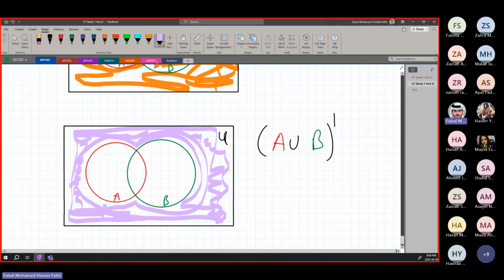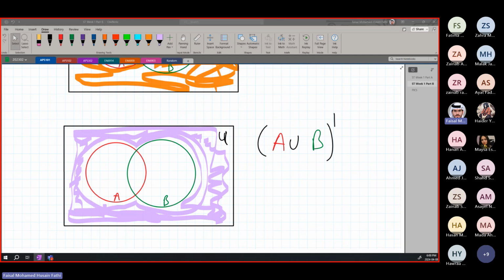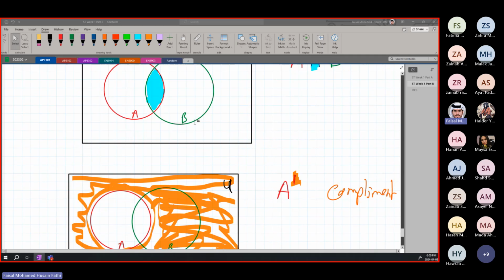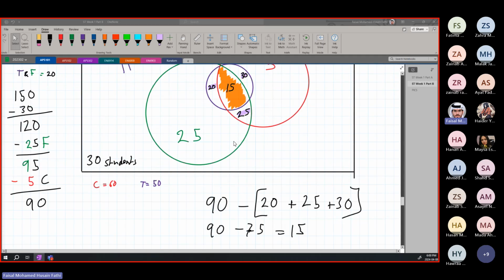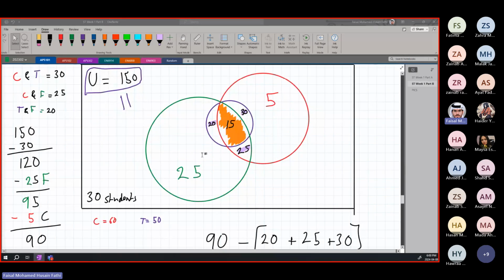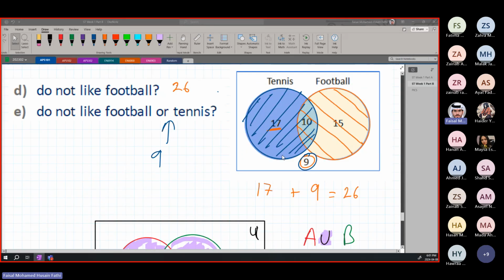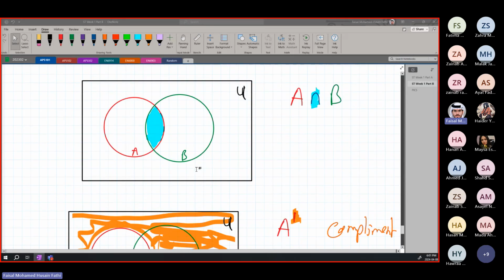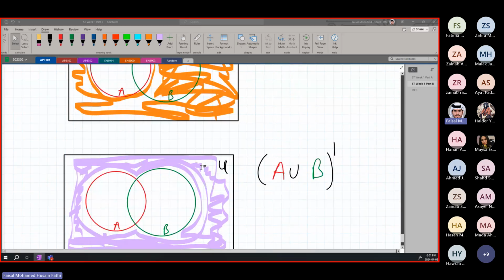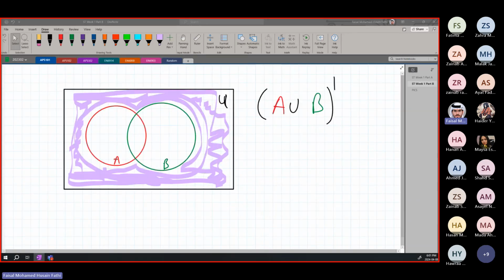So I hope this session was useful. I'm going to conclude it here. Sorry if I took a bit too long explaining the concept of the Venn diagram. I was trying to make it easier, but I feel like I made it a bit more complicated. But do not worry, you see how basic Venn diagrams are. You just need to understand the concept and you will be fine. My recommendation is always practice as much as you can. You guys have a lot of worksheets that you can practice from.